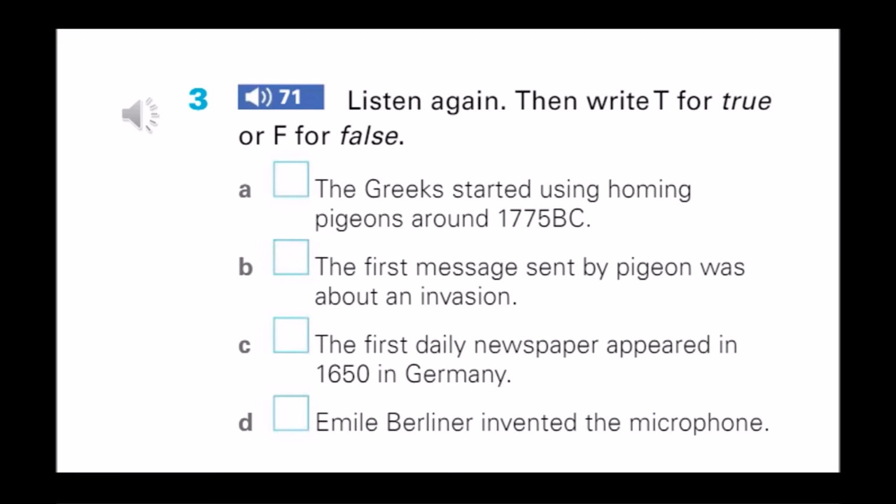Jack, what did the Englishman Henry Mill patent in 1714? Was it the telephone, the telegraph, or the typewriter? In 1714, I think it was probably the telegraph. No, it was the typewriter. Jack, for a bonus point, can you tell me who invented the telephone? Yes, it was Alexander Graham Bell.